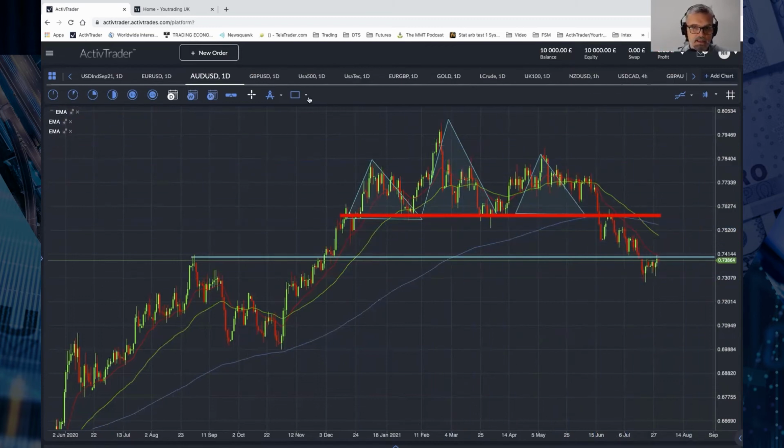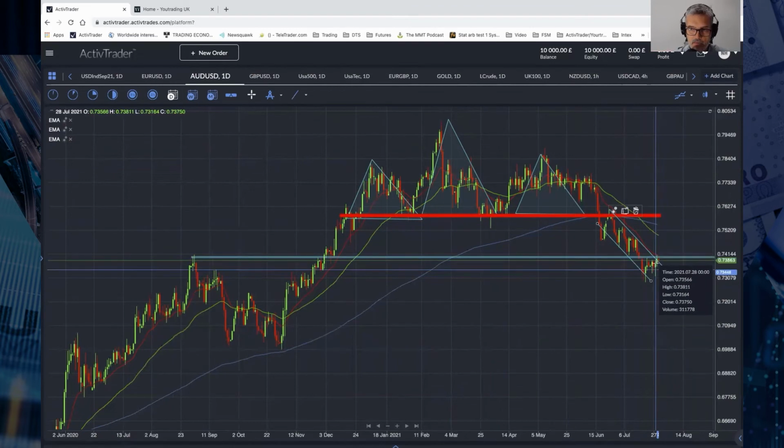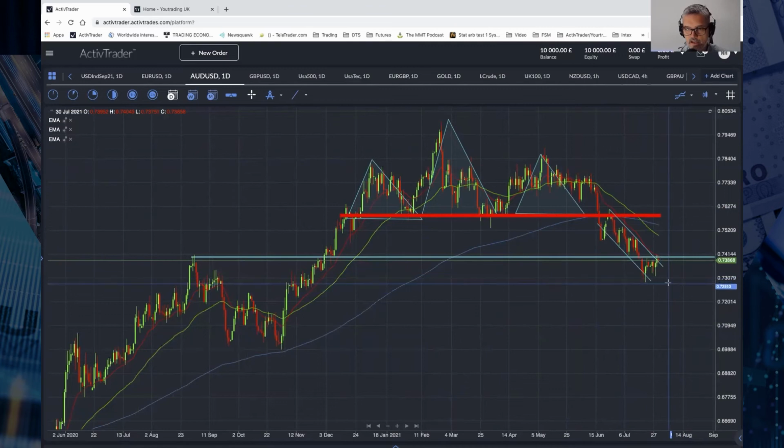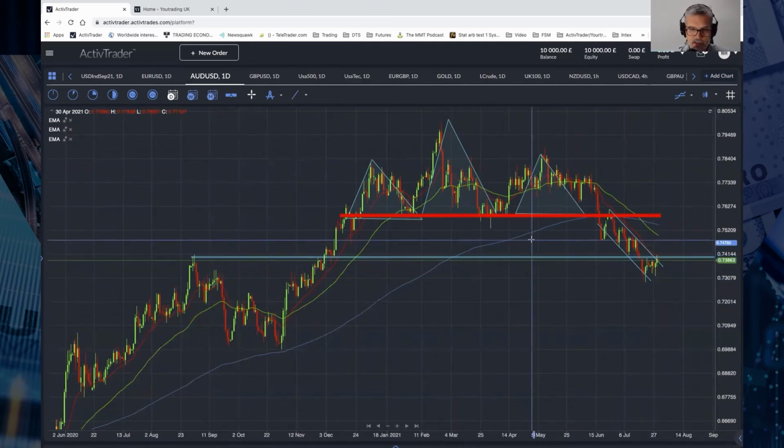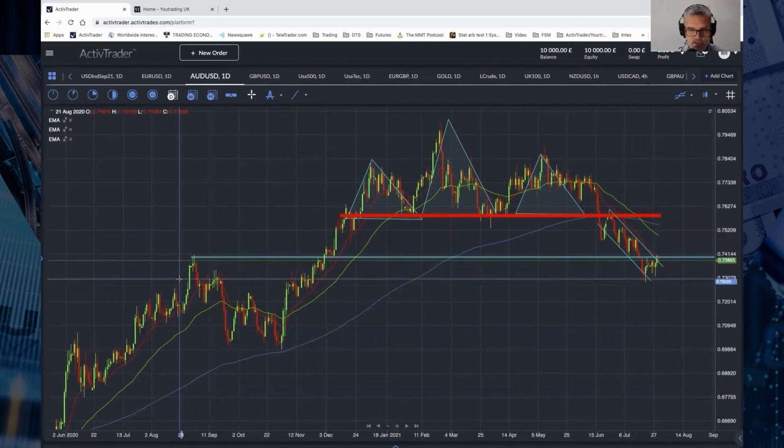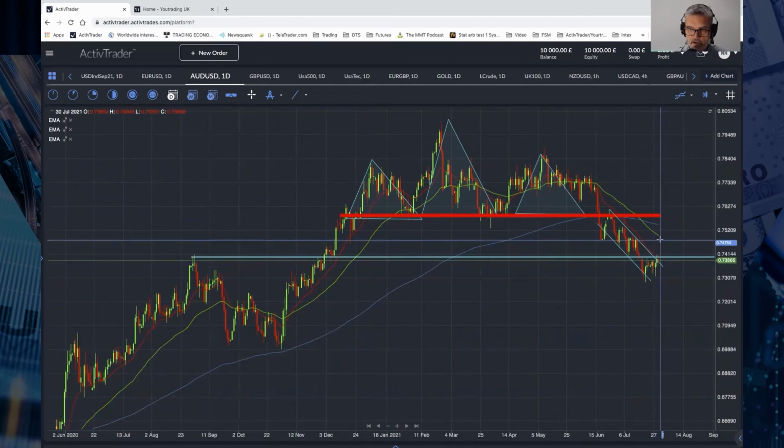Now, what has happened is that obviously the US dollar has got a lot weaker recently, and what I'm expecting now is for this Aussie US dollar to at least attempt a break north of this descending channel. At the moment, it's finding resistance at the daily 20 EMA and this previous swing high here. So that was resistance, became support, didn't get tested again until it became support, broke that, is now resistance. So for this level to break, we need to see a break above for it to get tested as support